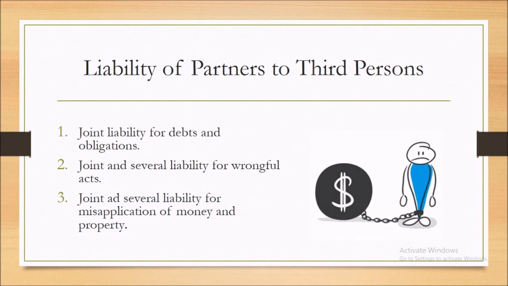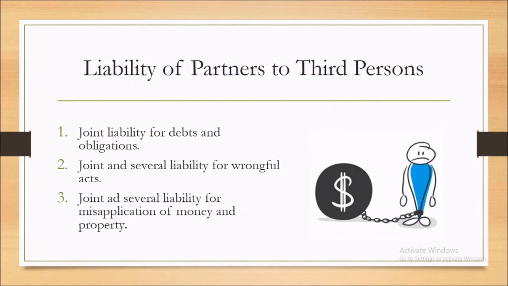If you can remember the vicarious liabilities, the joint and several types of liabilities, which can be defined or undefined, even for wrongful acts in the partnership towards third parties. All the partners are liable for those types of wrongful acts. It can be a civil wrong or a criminal offense, but you are still liable. And joint and several liability for misapplication of money and property. That is actually fiduciary fraudulent conduct.